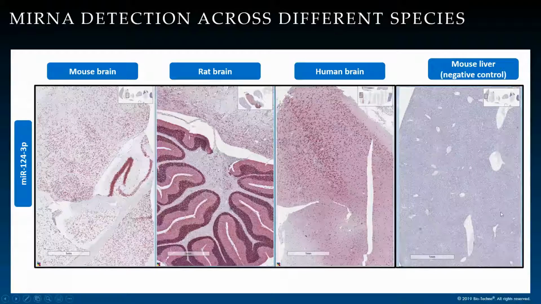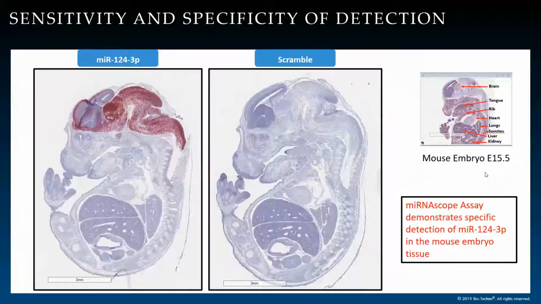But when you look at mouse liver, which we do not expect miR124 to express, you can see negative signal for this particular marker, indicating again how specific we can be with respect to these probes. So this is really important when you're trying to identify targets or trying to understand an underlying mechanism of certain pathological conditions. And in this next figure, I just want to highlight again the specificity of this assay, where we